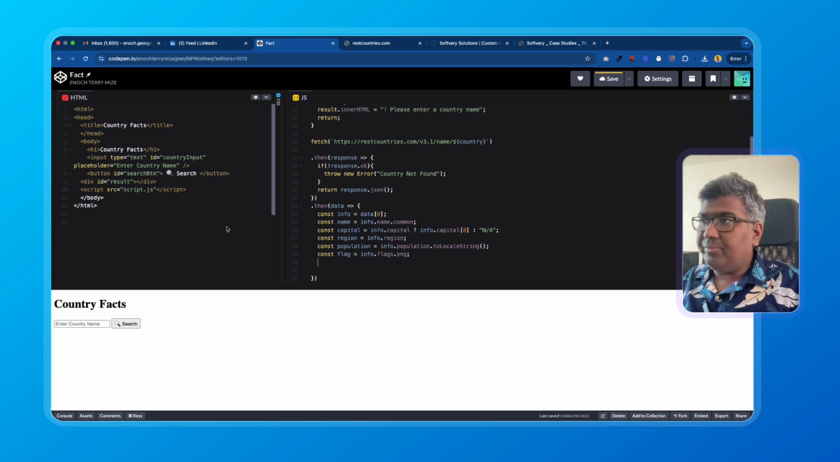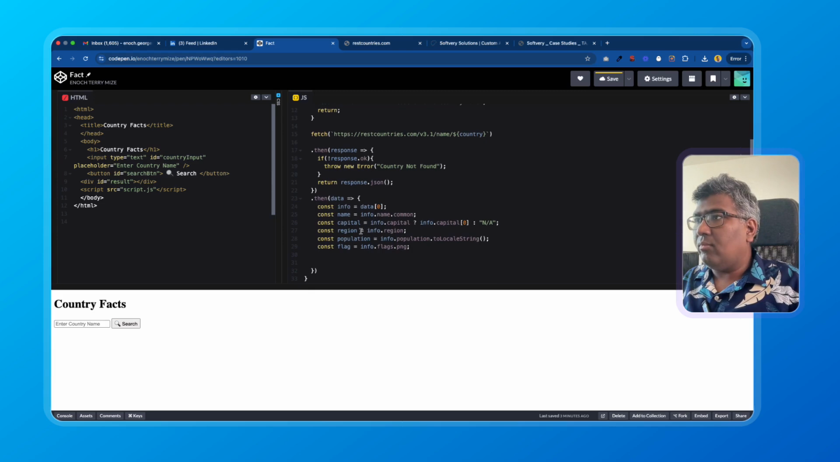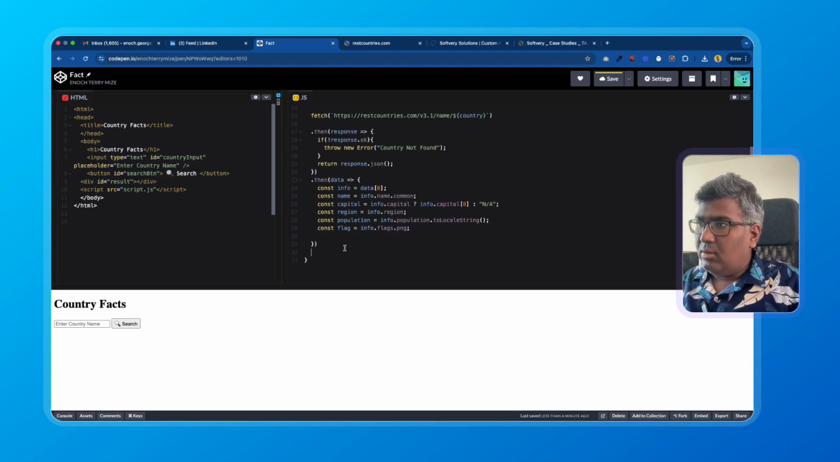Step 8, update the HTML with the info. result.innerHTML equal to